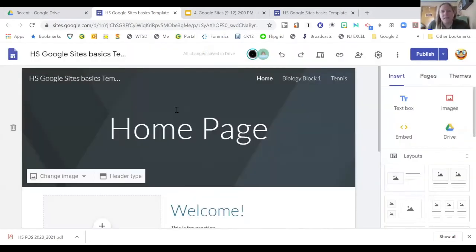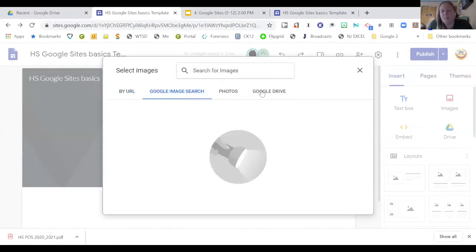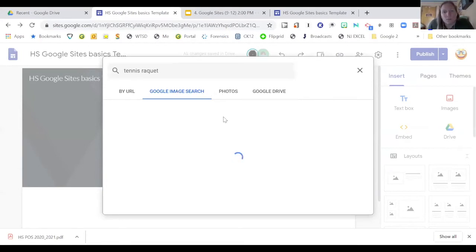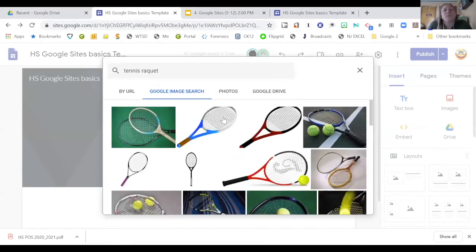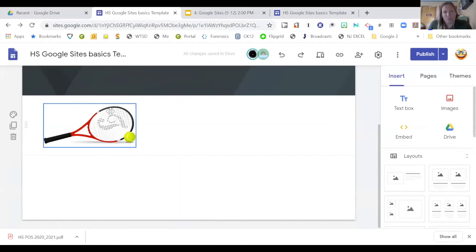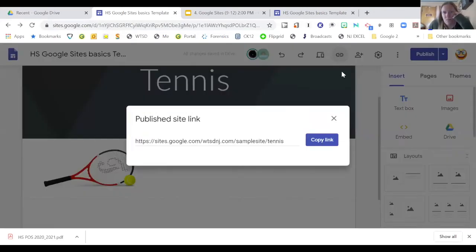Now, let's say that I need to make changes. Let's say that I was going to add an image of a tennis ball or a tennis racket or something. I can come up here. There's a variety of ways I can look for images, but just for the sake of changing the website, we are going to look for a tennis racket real quick, which I did not spell real well, but that's okay. That's beside the point right now. All right, so we have a tennis racket. So I'm going to insert this tennis racket onto this page. So I've now made a change to my page. If I look at it in preview, it's there. If I look at it on my published site right now,